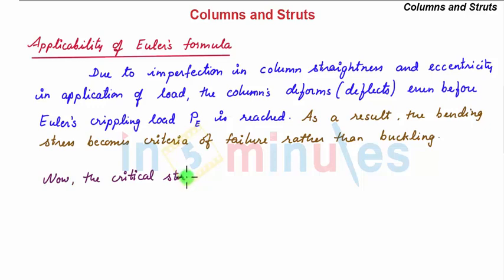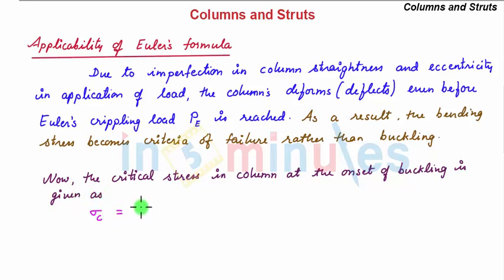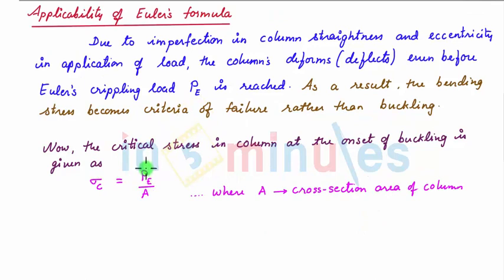Now, the critical stress in the column at the onset of buckling is given as sigma C is equal to PE by A, where A is the cross-section area of the column. Writing the expression for Euler's crippling load PE, we have sigma C is equal to pi square EI by L equivalent square upon A. Now we know that the moment of inertia I of the column could be written as